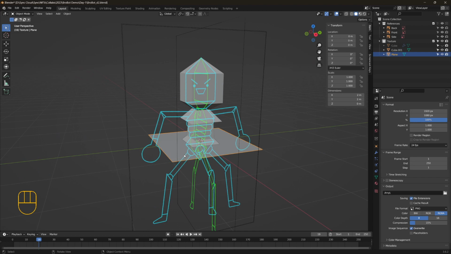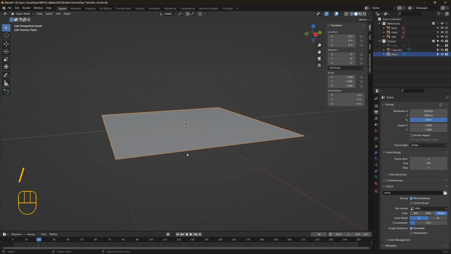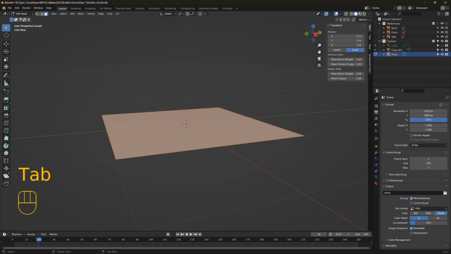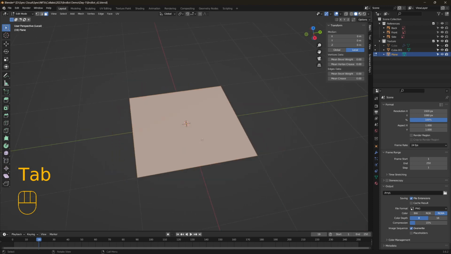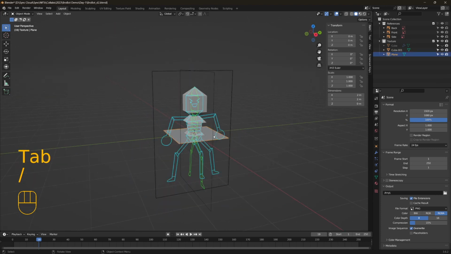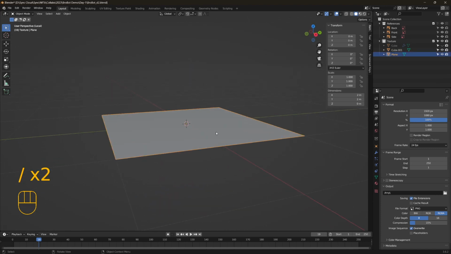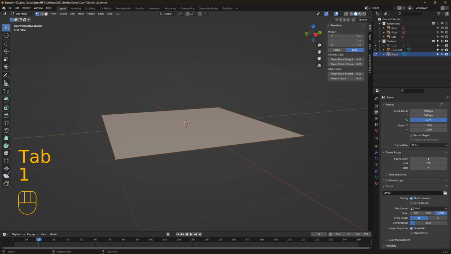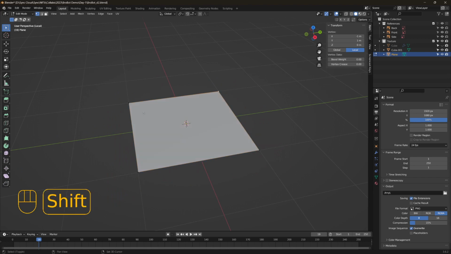So again, select the plane, press / to go into focus mode, then press Tab to go into edit mode, and then press 1 to go into vertex mode. So we'll do that again just to explain it: / Tab 1, and then we're good, and then we're there. Next you want to select the 4 vertices in the plane, and then to bevel